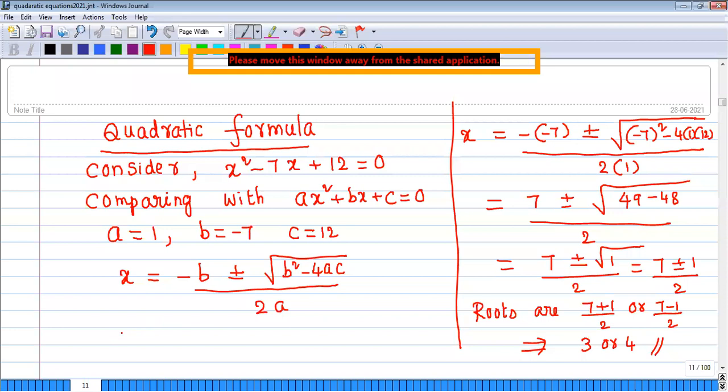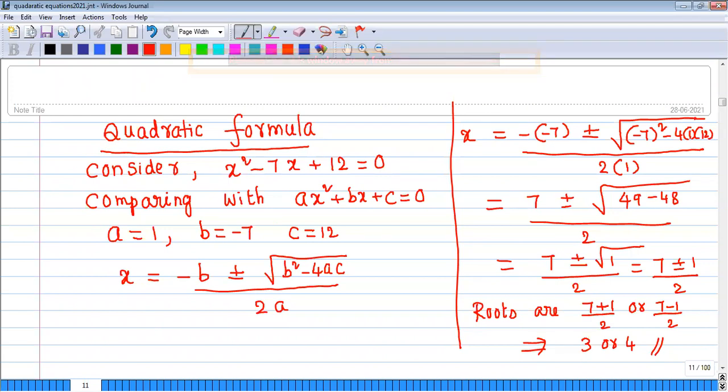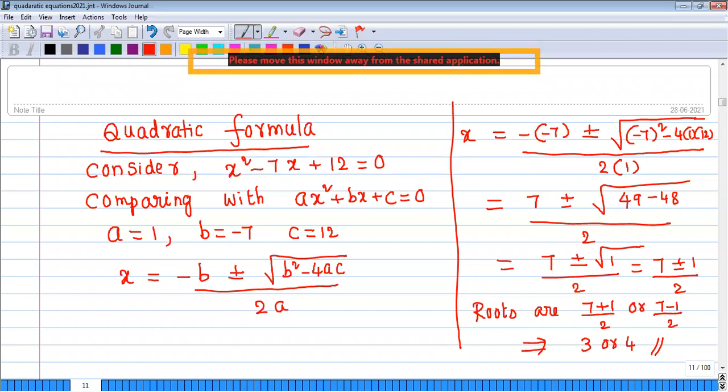But as far as 10th class is concerned, whether it may be state board or ICSE board or CBSE board, they ask for a specific method. If they say solve the quadratic equation by using the factorization method, then you need to use absolutely the factorization method only. If they say solve the quadratic equation using the formula method, then you need to use the formula method only. But one more method is there, the completing the square method, that was already discussed while formulating the quadratic formula.